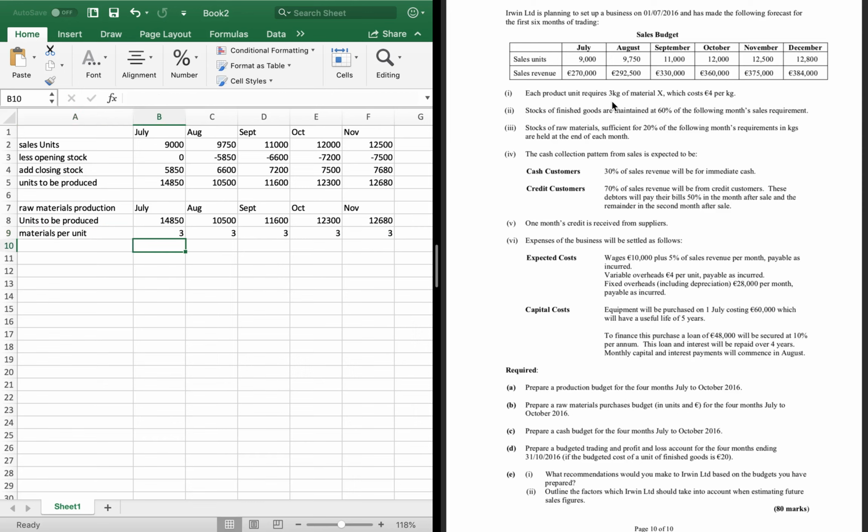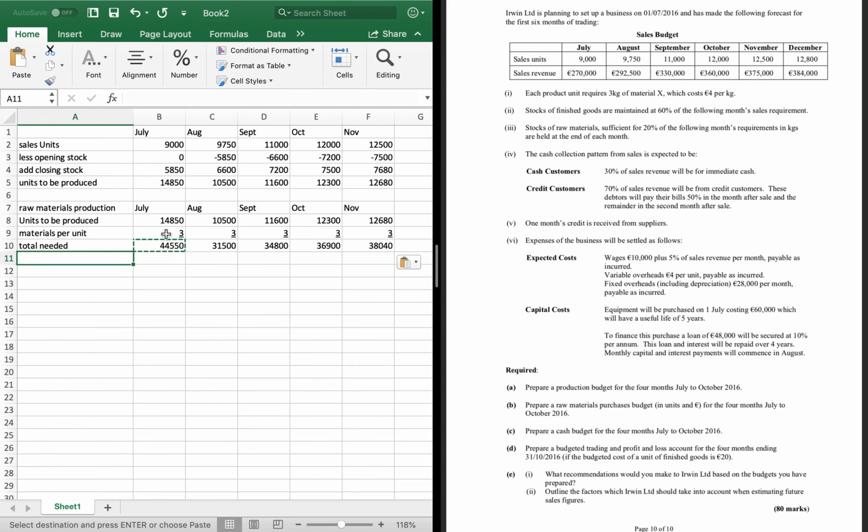So obviously the total required for production will be 3 multiplied by each of the units to be produced. So 14,850 by 3, 10,500 by 3, 11,600 by 3, 12,300 by 3 and 12,680 by 3. Okay, so that gives you your